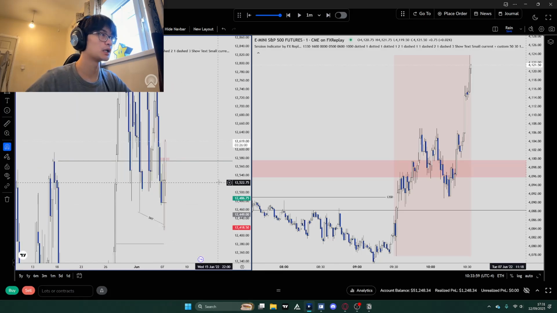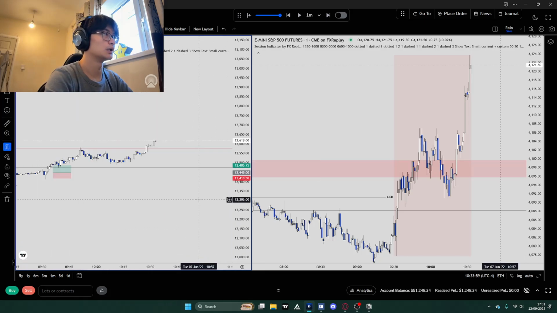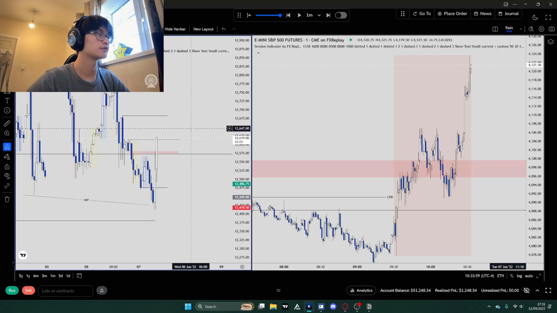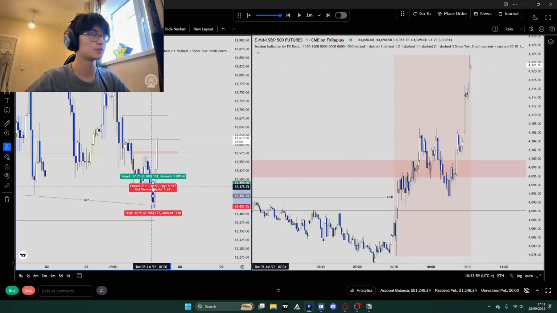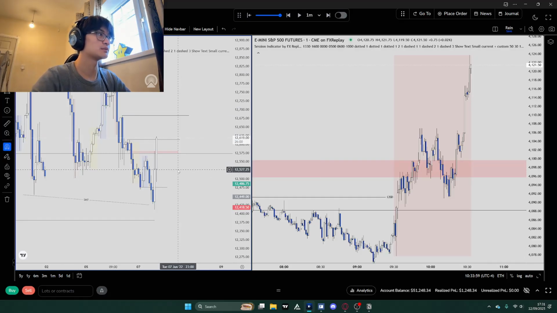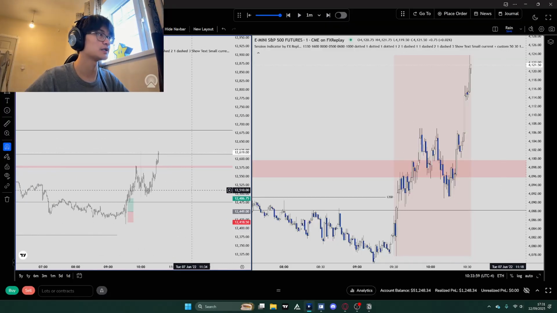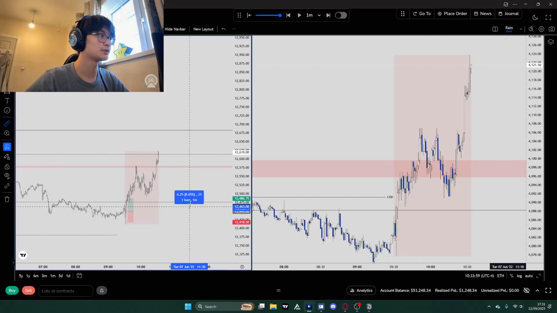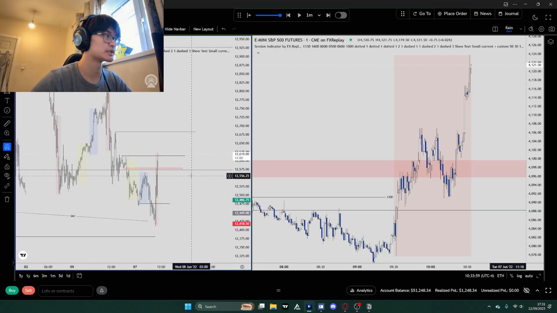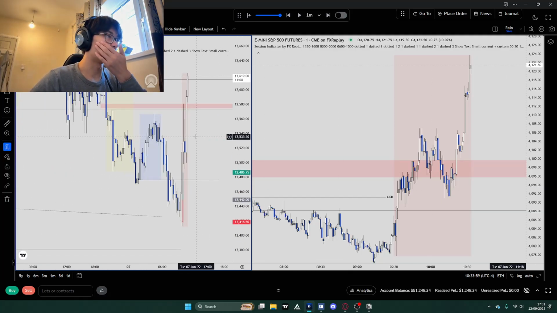We do end up coming higher, but I feel like there isn't much draws. The lowest hanging fruit would be this low or this swing high right here, but we do have orange folder news, so could expect this side to get taken as well. Let's see how far that is from open. Okay, too far. Yeah, that's probably the day done. Damn.